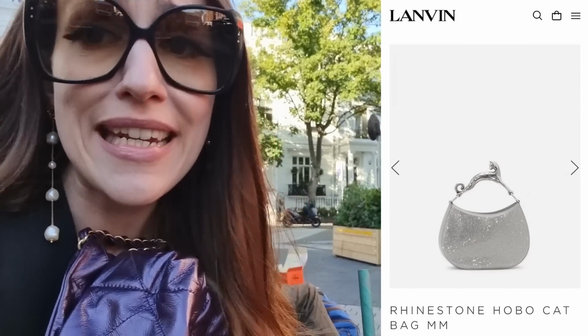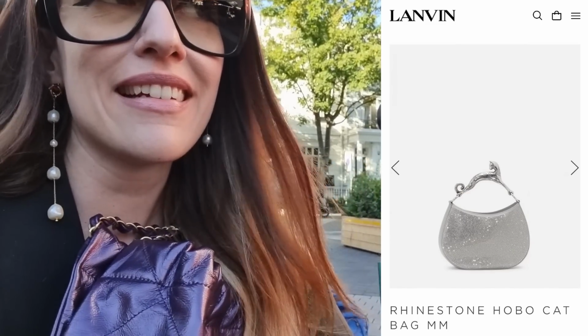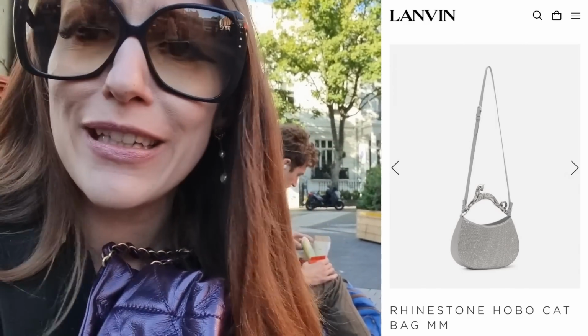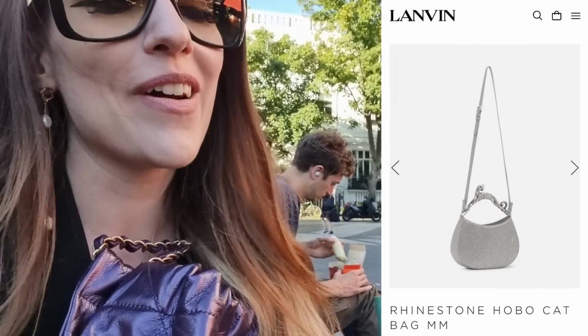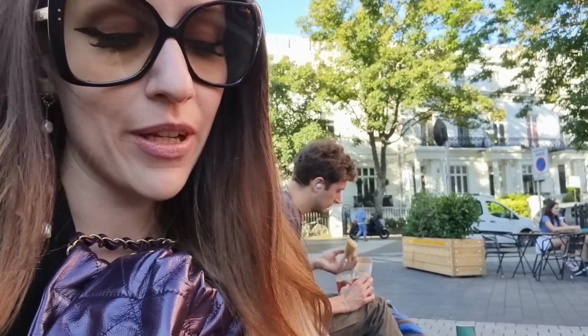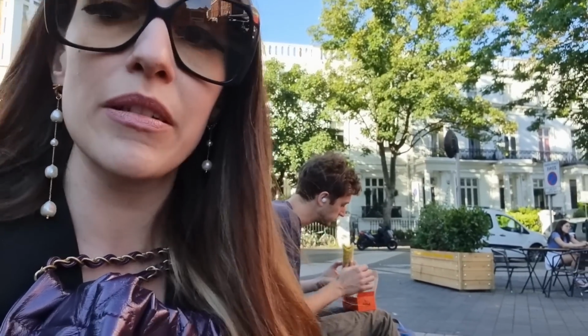My collection needs this bag because I curate bags, and they need to form a kind of symbiosis, and it would be a perfect addition. What other excuses can we come up with? I am totally in love with this bag. I think I might need to make it happen. I don't know, we'll see what's going to happen. But this is my second biggest